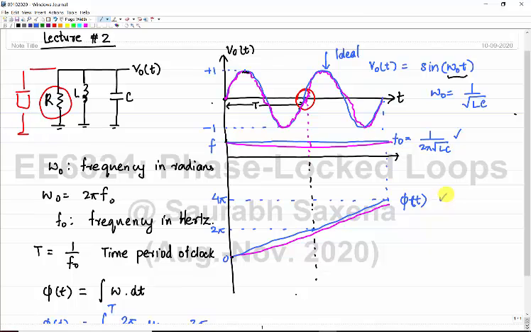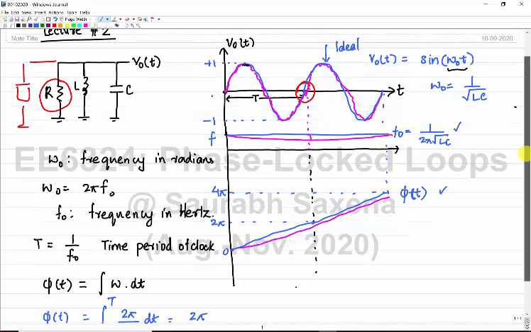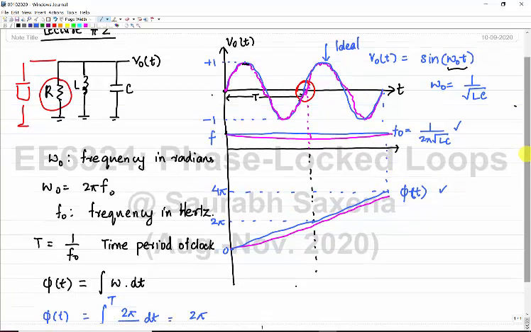Okay, and why is this variation in phase and frequency important for us? Because when we are using a clock to synchronize our system, or to have a fixed data rate or something, we are making all the decisions based on some event. By the way, that event can even be the peak value. Even the peak value can be treated as an event, right? But treating a zero crossing as an event is much easier in our system,